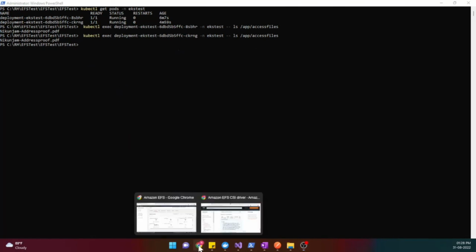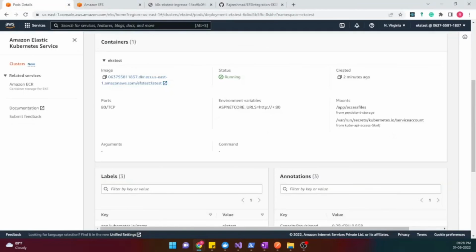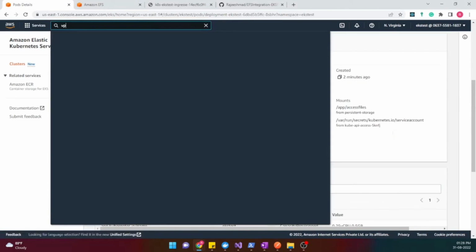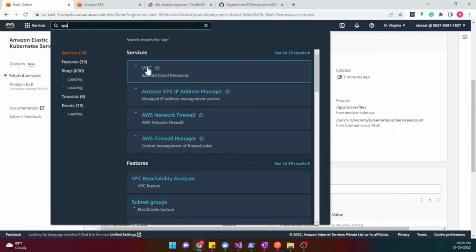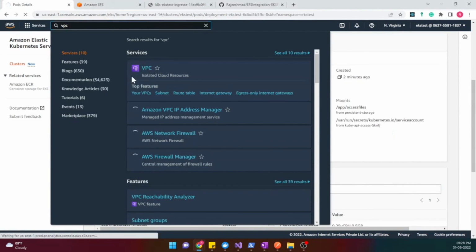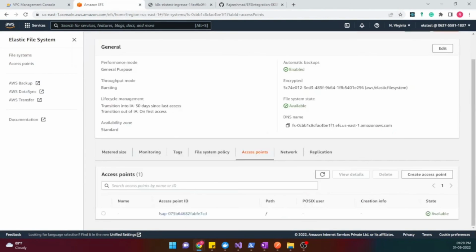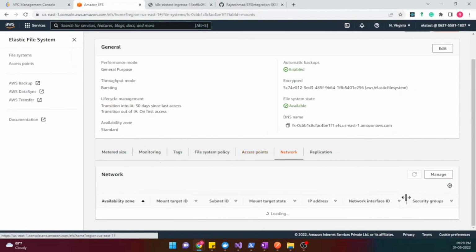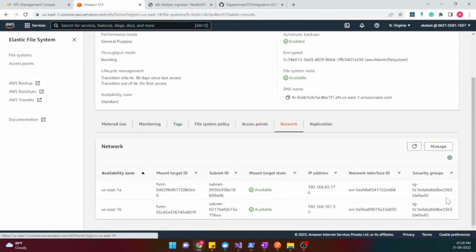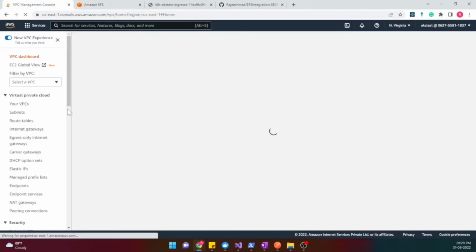In order to make this work, I believe I have skipped one more step that would be useful, but it was already configured in my VPC. Like under the VPC, for the EFS network, we have its network. We have a security group, right? 5b3. So under the VPC security groups,